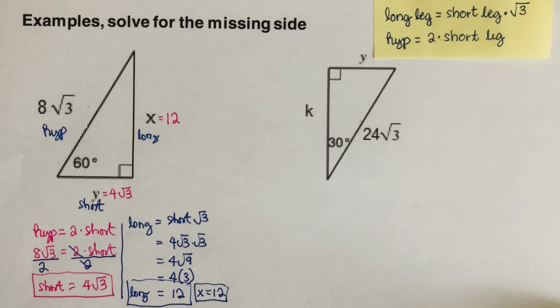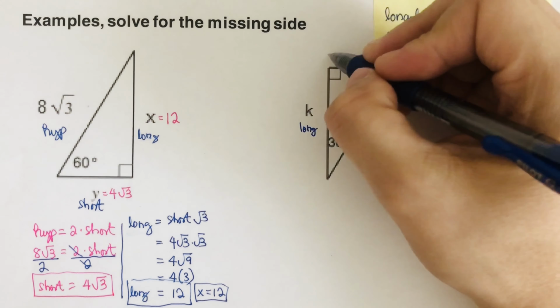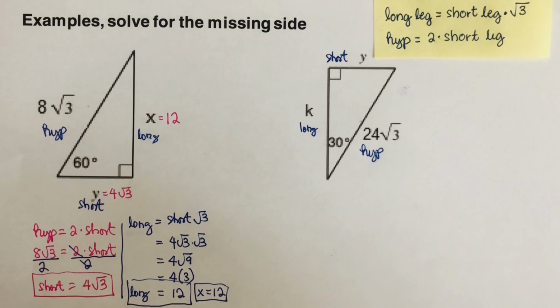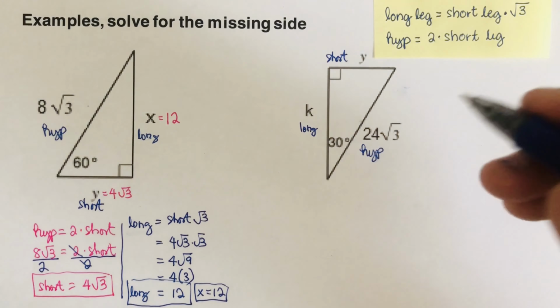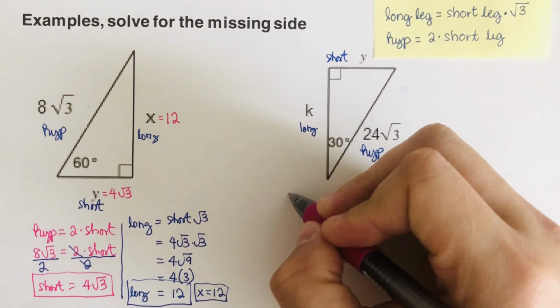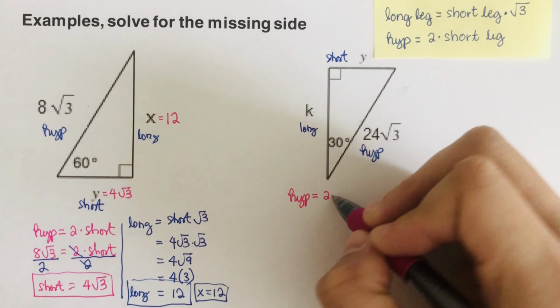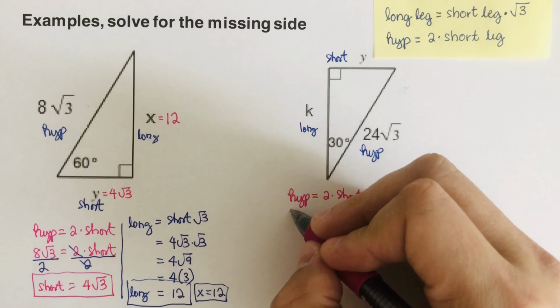Okay, so let's go over the problem here. So we label the parts. This is our hypotenuse. This is the long leg. This is the short leg. Okay, so once we labeled it already, we are going to solve. We are given the hypotenuse. We're going to use the formula for hypotenuse. So that would be hypotenuse is equal to 2 times the short. So the hypotenuse is 24